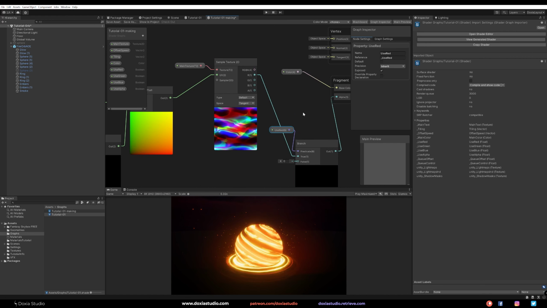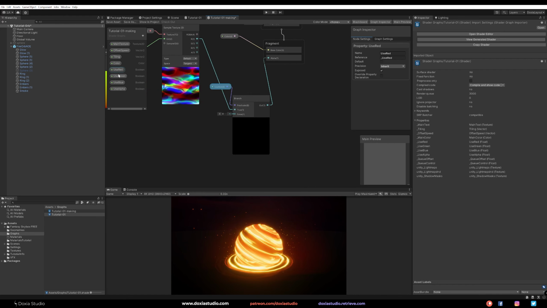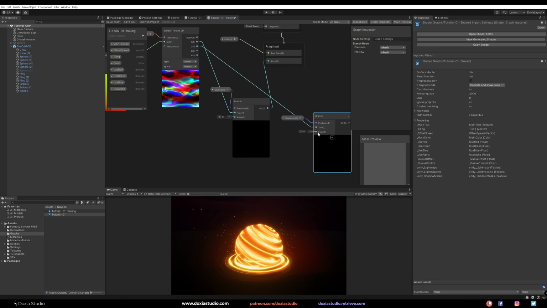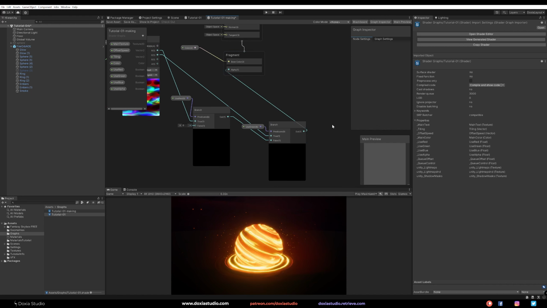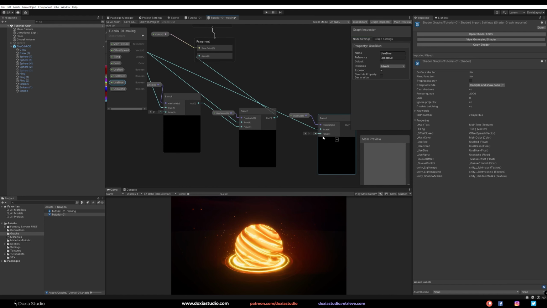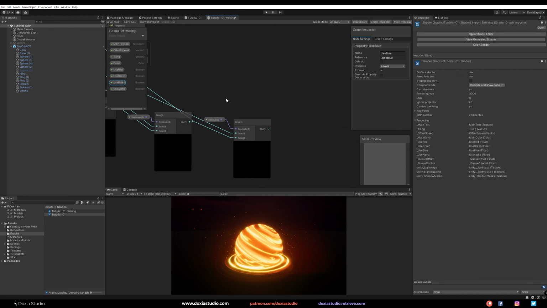Okay. So now bear with me. If we want to use the green one, let's go with branch. So if we want to use the green one, let's link here. If we are not using the green one, let's use the previous one. Okay. And link this to the alpha. And again, let's use the blue. Let's go branch. Let's link the blue channel to the positive, the true response, and for the false, use the previous one.